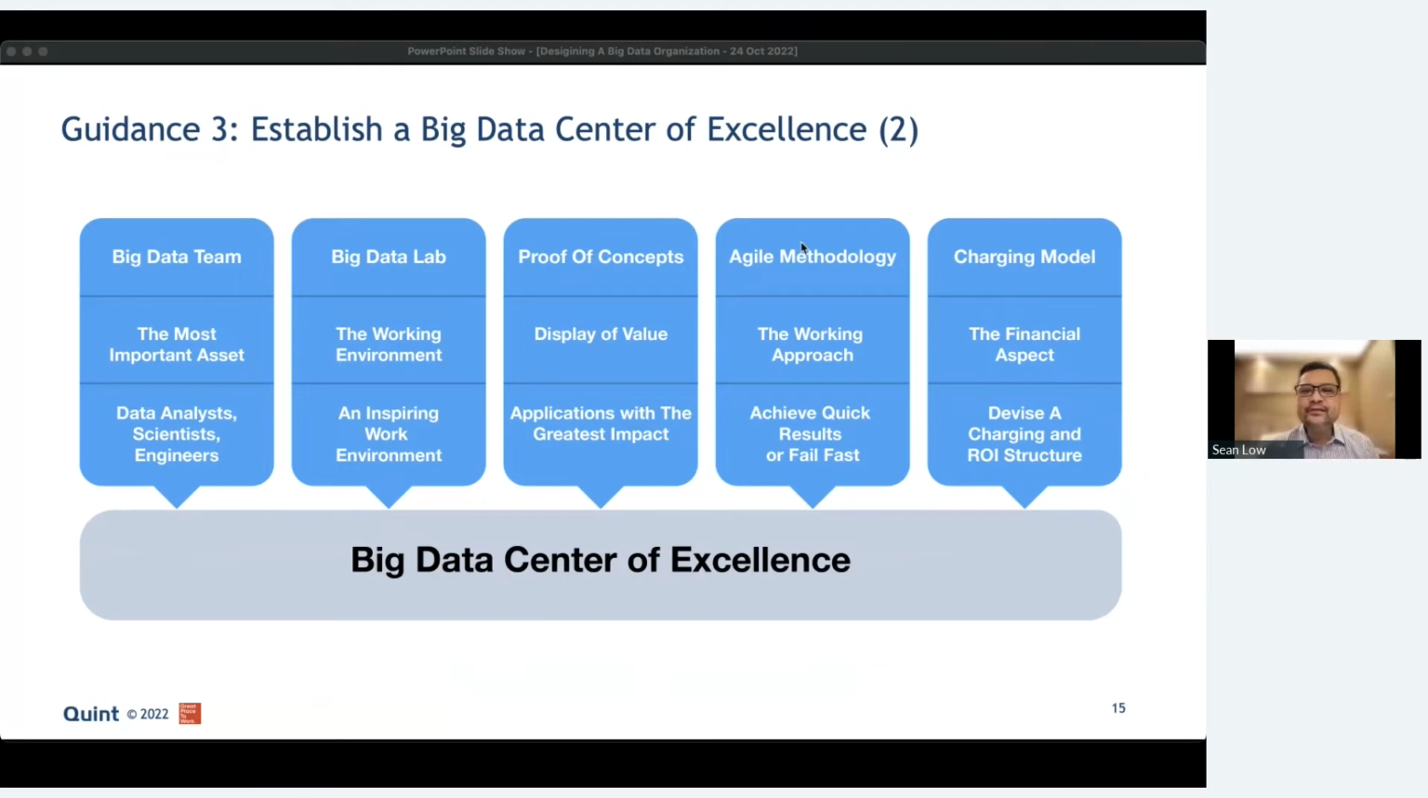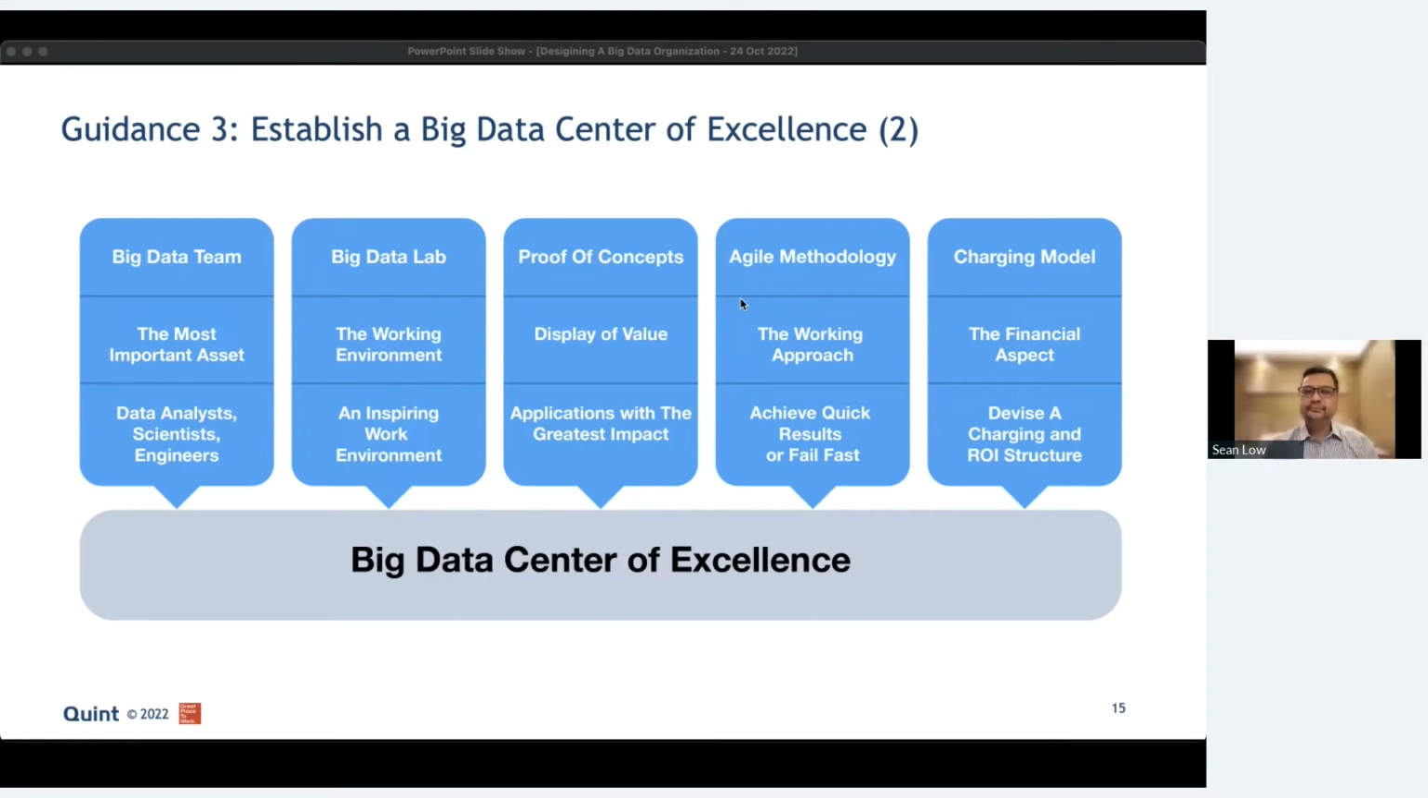The Big Data Center of Excellence also provides the working approach. In this case, the Center of Excellence will adopt concepts like agile way of working, because big data is iterative, right? It's not a waterfall of design, build, test. It is cycles of work that is being done, because in big data, the more cycles you run, the more information you can